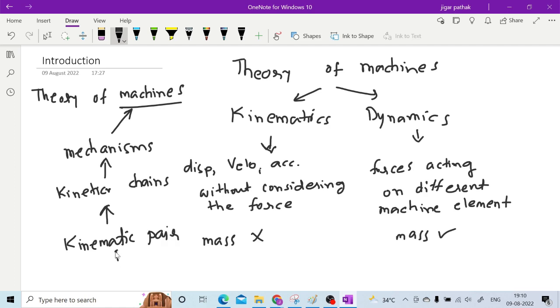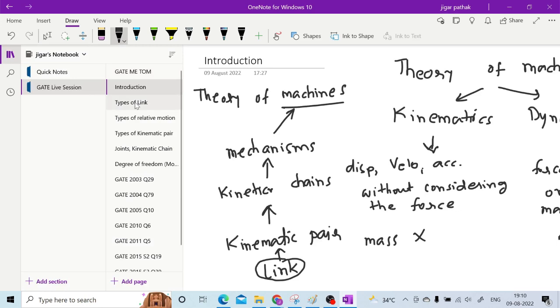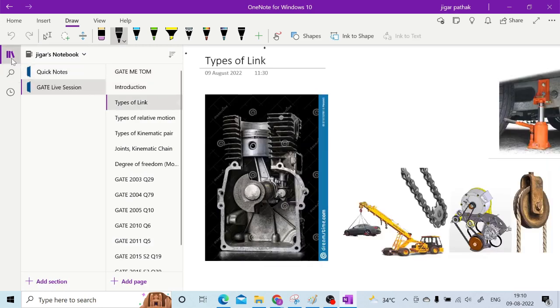and to generate kinematic pair, you must have kinematic link. So this is how you can reach these machines. What we are going to do is start from this link, and we will see one by one what the different things are and how we can reach these machines. If we start with link, then there are various types of link,